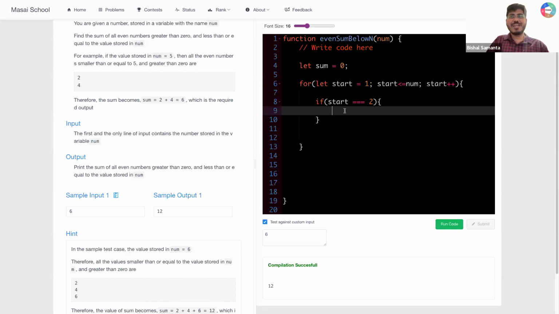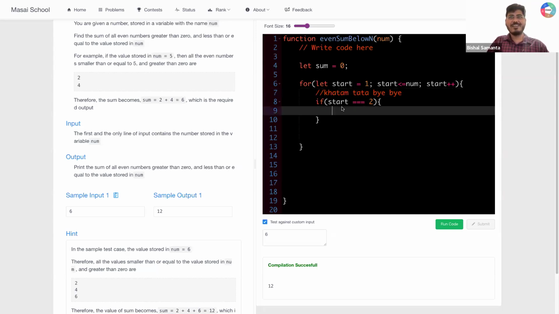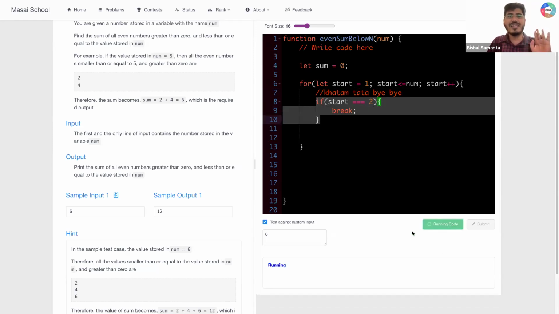Achha, you know this meme, Khatam, Tata, bye bye. I need all of your response. Khatam, Tata, bye bye. You know this meme, right? When you use break in your code, it will Khatam, Tata, bye bye whenever this code executes. So now if I run this thing,